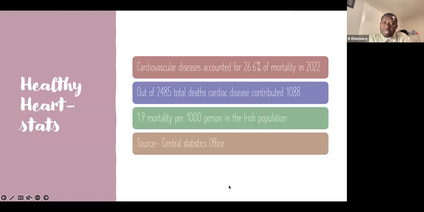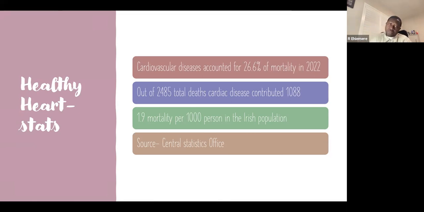These are some of the numbers which I looked up in the Central Statistics Office. This is just for Ireland, actually. For every 1,000 persons that died, 1.9, about two of them, died as a result of cardiovascular disease. The gross number of people who died due to cardiovascular deaths, which will include the likes of strokes, were